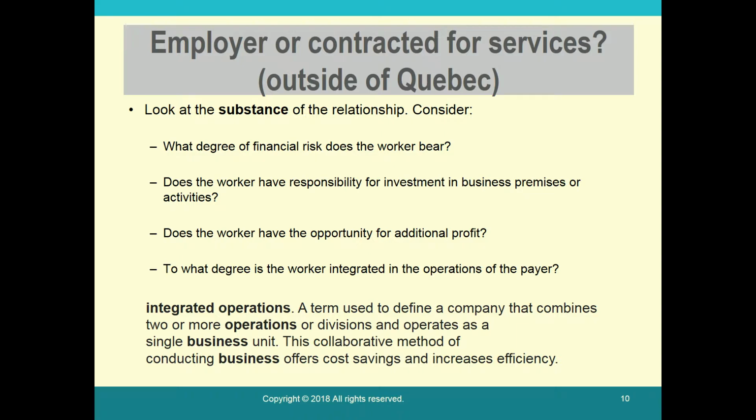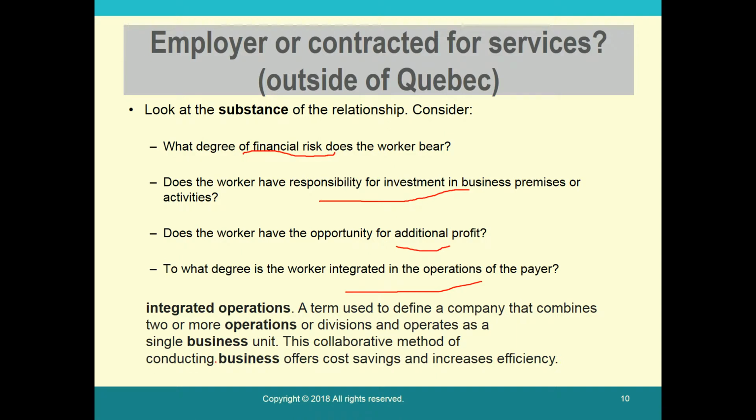Now, continuing, the contract for services means self-employed. Look at the substance of the relationship: what degree of financial risk does the worker bear? That is also very important. If there is a loss, is that person liable for the loss? As an employee, usually we are not. Does the worker have a responsibility to invest in the business? Does the worker have an opportunity for additional profit? To what degree is the worker integrated in the operations? That means, if a self-employed person is posing himself as doing certain things in such a way that it looks like he is managing the business, right,